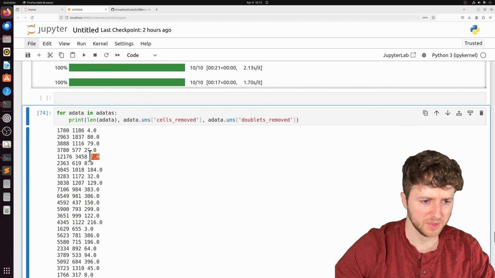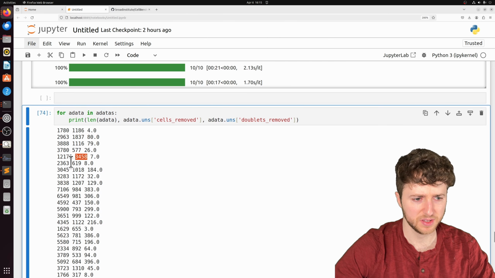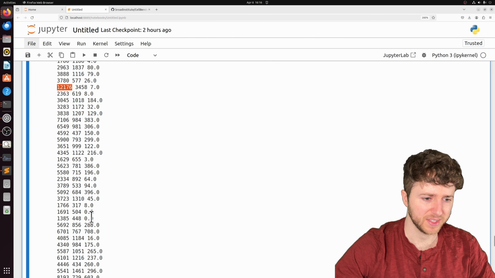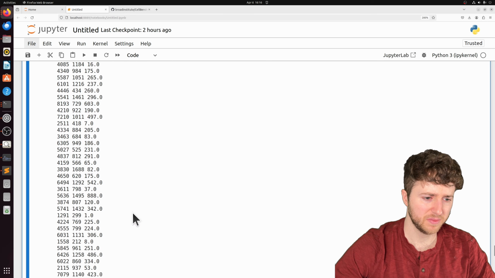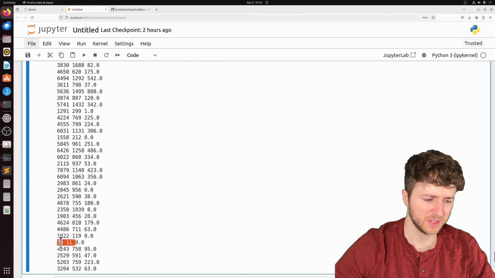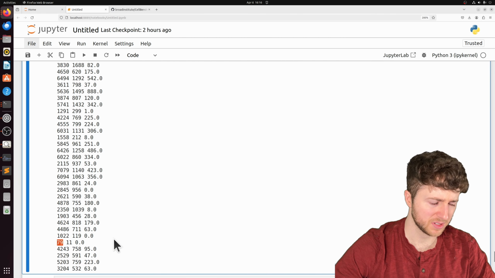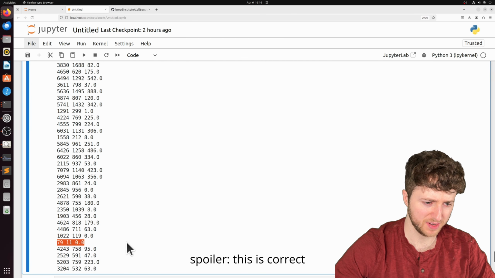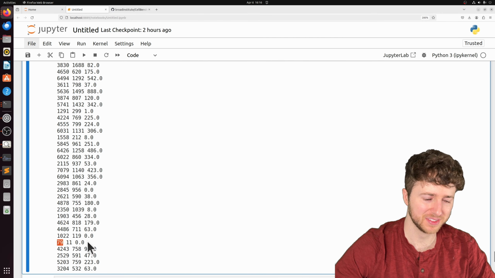Yeah, so 7 doublets. We did filter out a lot of cells, but only 7 for 12,000. That's not that many. 0, so a smaller data set. 1,300, but still pretty low. Yeah, there's quite a bit of variation. Only 79 cells in this AData object, apparently. I think I'm going to take a look at that, not right now, but you should verify that this AData object should only have 79 cells.